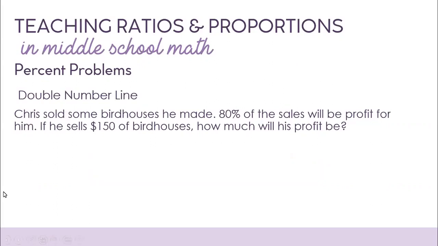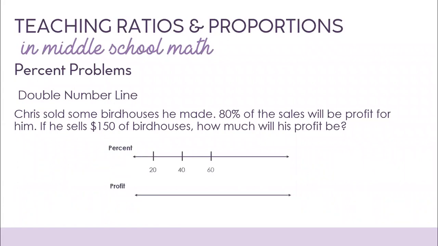We'll look at another example, this time with the double number line. Chris sold some birdhouses he made. 80% of the sales will be profit for him. If he sells $150 of birdhouses, how much will his profit be? So we'll go with the double number line, as I said, setting it up as percent and profit. We'll split the percent number line up into 20 to 100. And we will put the same number of lines on our profit line and add our 150 under the 100%